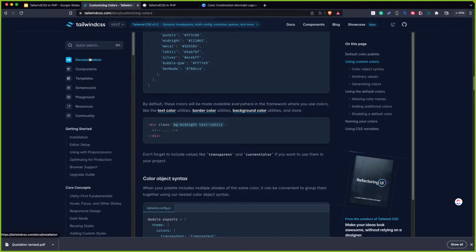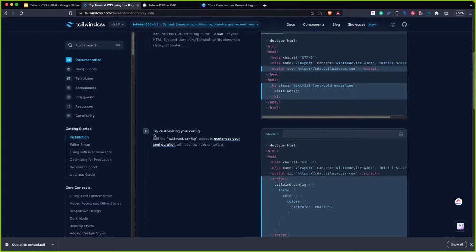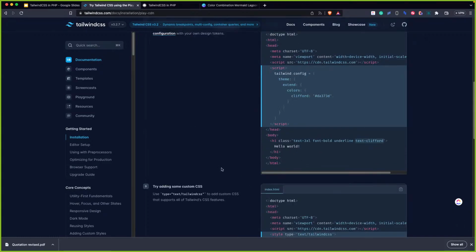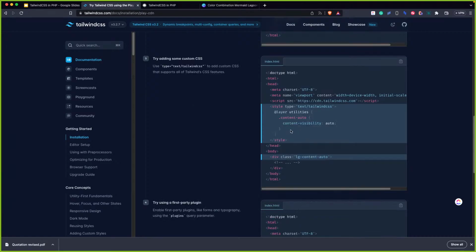The next step in the documentation, after the Play CDN, we've customized. Now adding custom CSS. So for example, you want to add your own CSS. What you're gonna do is to follow this syntax you see here. Use type text/tailwindcss to add custom CSS that supports all of Tailwind's CSS features. So this is something you can do. You can see what this guy has done, but it's a bit advanced,